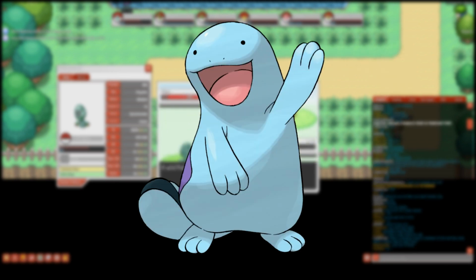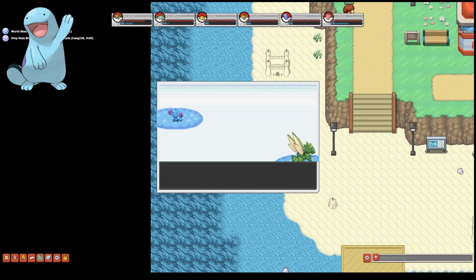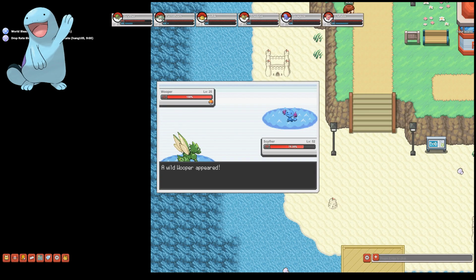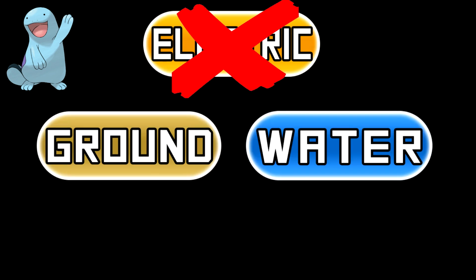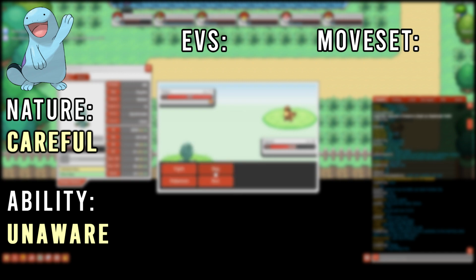After that, the next choice is going to be Quagsire. This Pokemon can be located in the same locations as Mareep, so I'd say hunt for Wooper and Mareep both at the same time surfing in Four Island. Quagsire is also a Ground and Water type, which makes it immune to Electric type, which is something quite nice to have. For its nature, I chose Careful Nature with Unaware ability, meaning that it ignores opposing Pokemon stat changes,